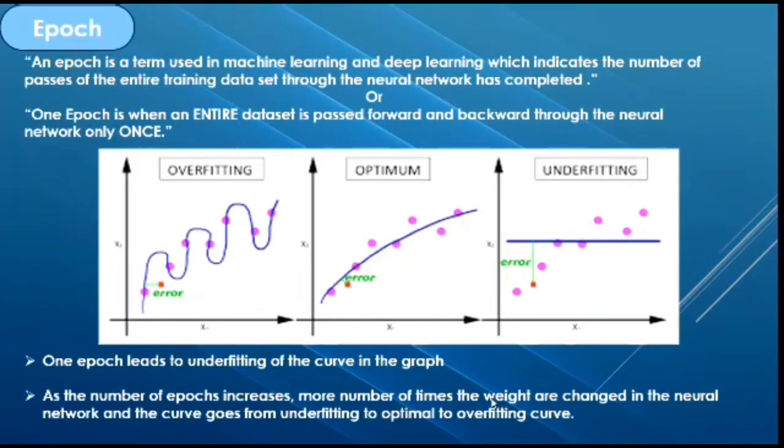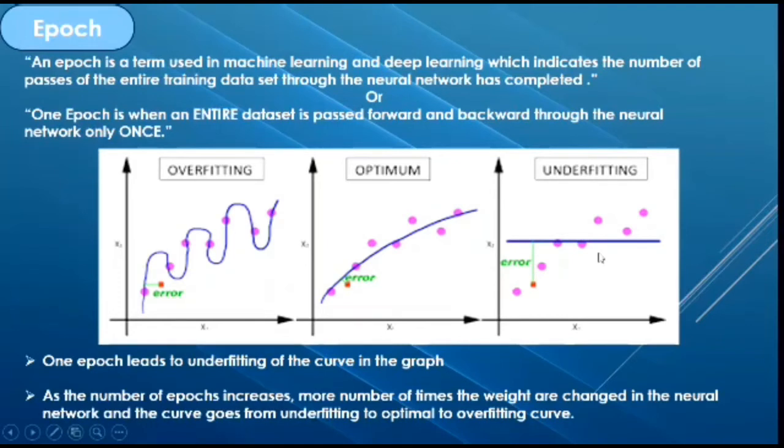There is another interesting item in gradient descent, which is known as epoch. One epoch is basically when we pass the entire data set forward and backward through the neural network once. I repeat it again. When we pass the entire data set forward and backward through the neural network once, it is considered an epoch. In a neural network, it is very important that the data set is passed more than one epoch. Because when we pass the data through the neural network only once, it leads to underfitting, or I can say it fails to learn all the features associated with that area.